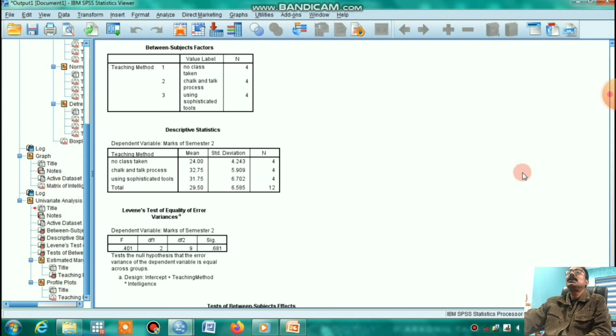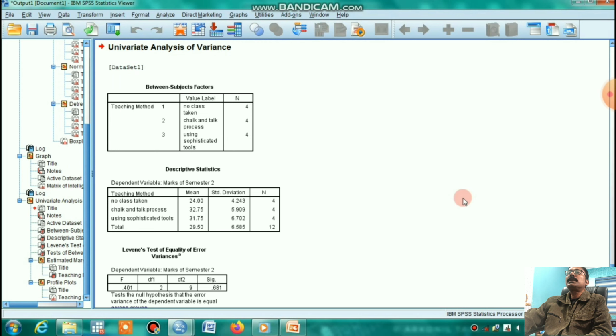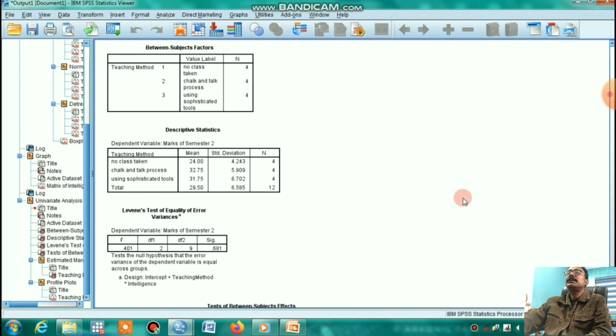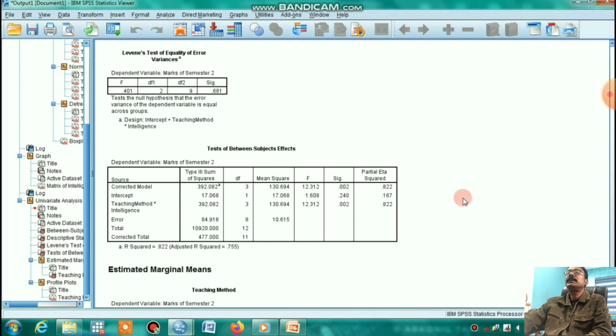The most important results are like this: descriptive statistics, Levene's test of equality of error variances, and here teaching method and intelligence in the tests of between-subjects effects. So teaching method and intelligence, this value is significant.